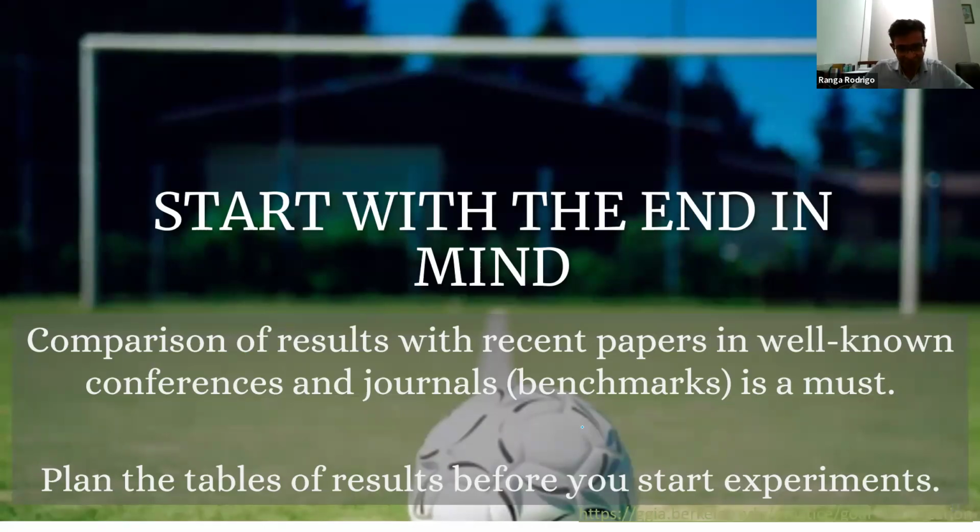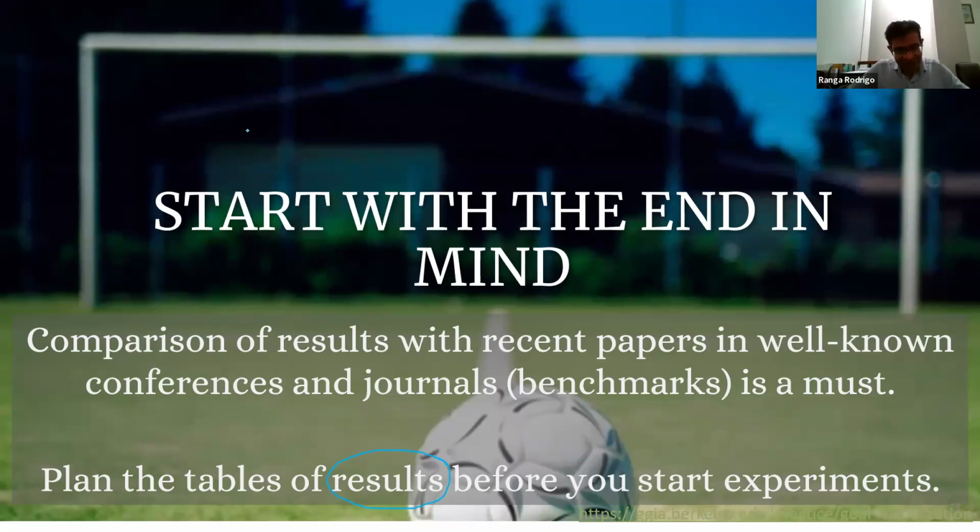Like a footballer or soccer player, knowing where the goal is. So what is the goal? To get the experiment, get the publication. To get the publication, what is required are the results. Results are required. And these results are in tables. In the paper, there are tables. And your aim must be to add one row to that table. So this table may have numbers. And finally, you want to add one more row to